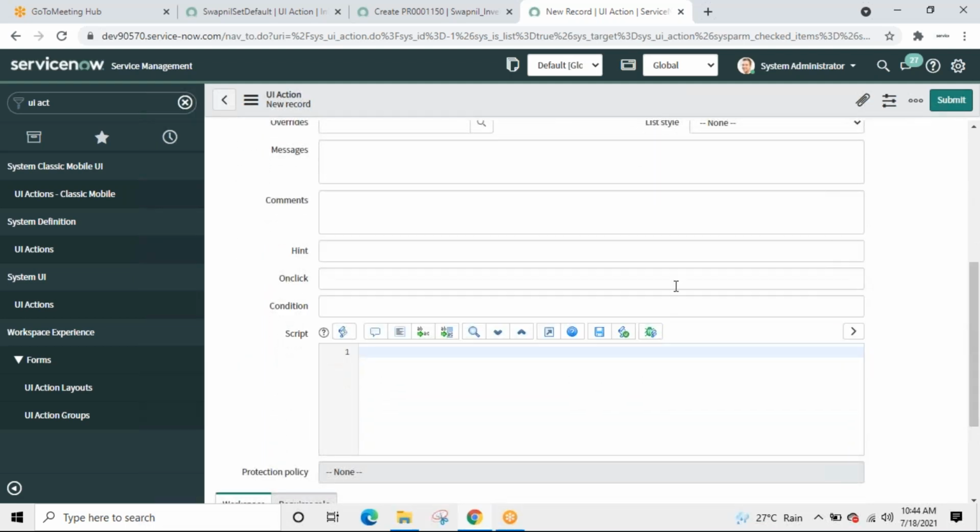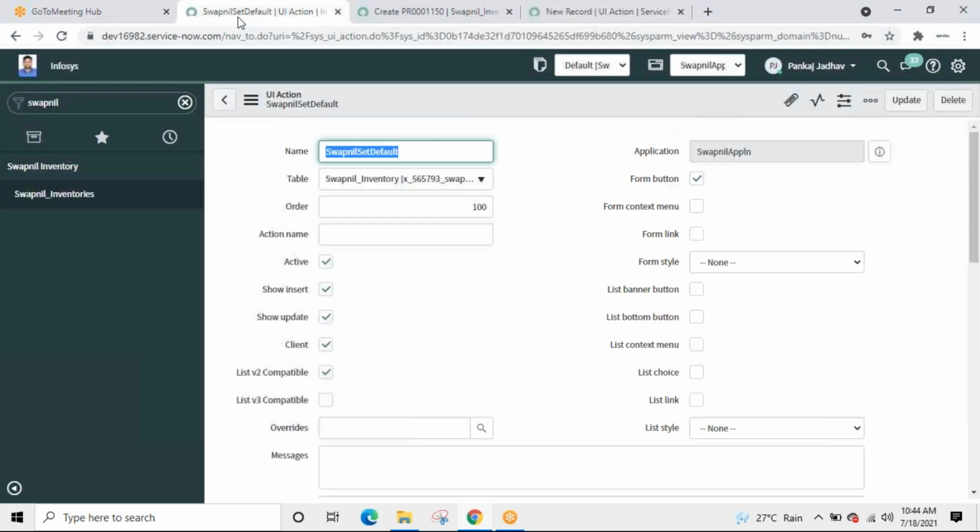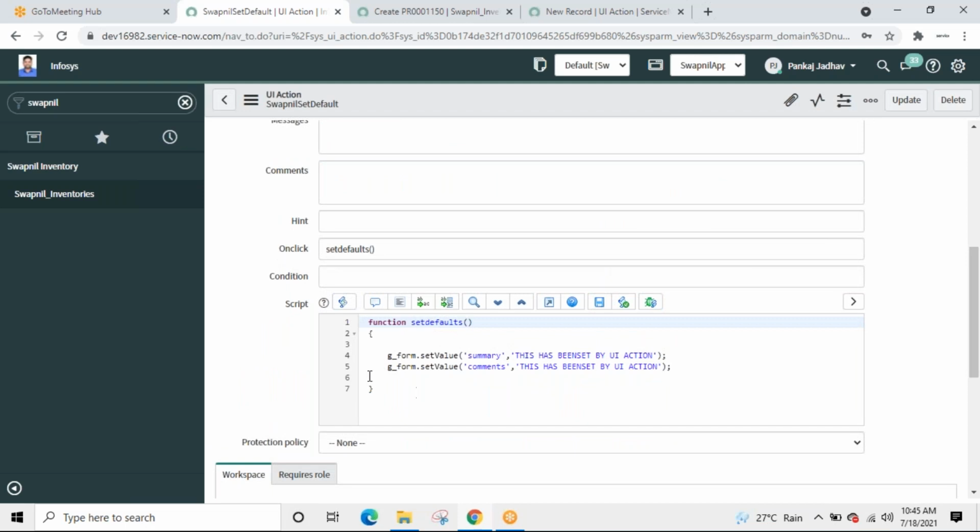On click of that, this function should be called, and then what was it? Prototype function.